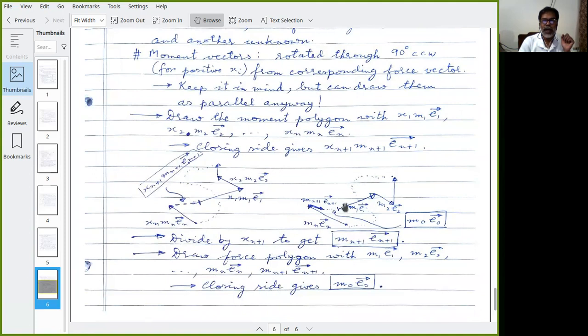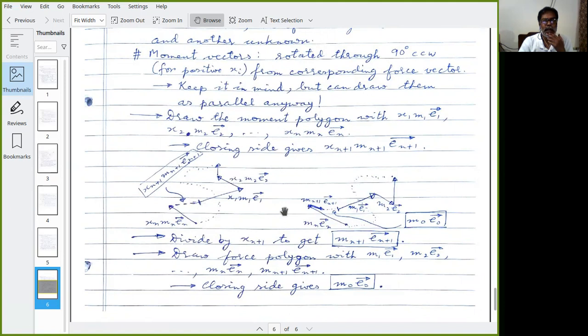Again, first one, first unbalanced force, second unbalanced force. Now, note that the second unbalanced force, all of them are in drawing parallel, but some might be coming anti-parallel. That is possible. If this X2 happens to be negative, then this will be this way rather than the other way, and so on. And then Mn, En, and then this you have determined.